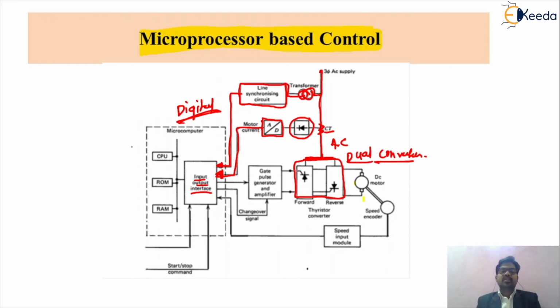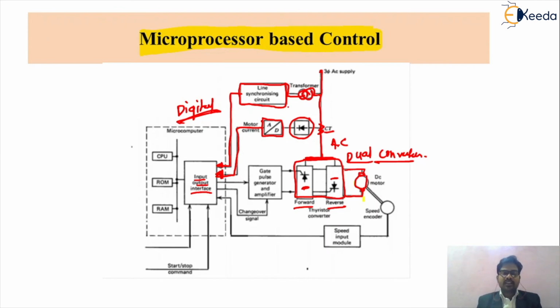What is the purpose of the dual converter? If you want to control the drive in forward and reverse manner, we have to use this dual converter, meaning we are using two rectifiers connected in anti-parallel, and changing the firing angle of these rectifier circuits. Again, there are two types: circulating current type and non-circulating current type. Depending upon that, we can control the speed of your motor. Basically, this is a DC series motor that we have connected here.